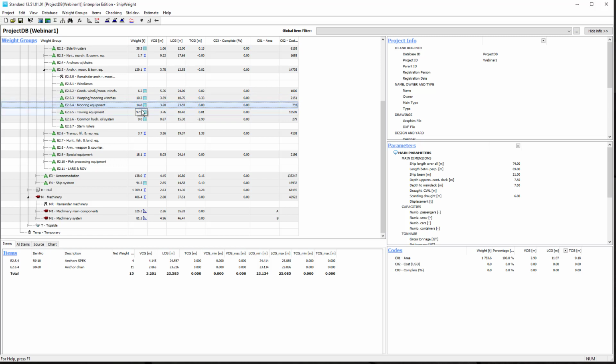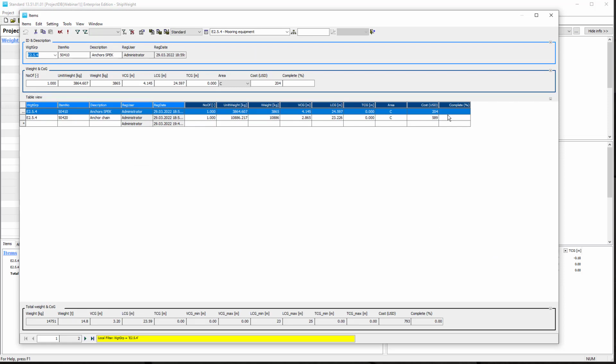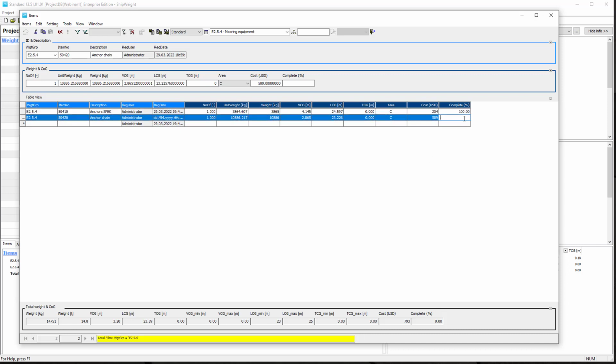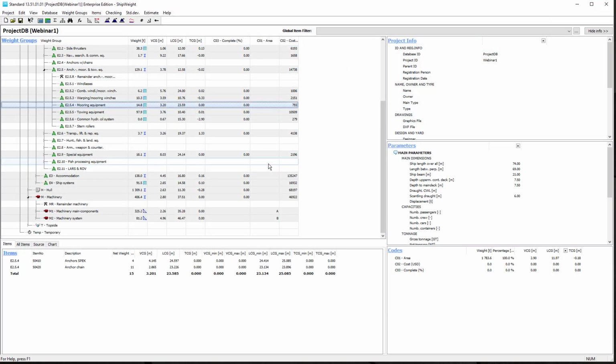So if I go to this mooring equipment and open up the item window, and I say that this item is 100% complete, and this item here is 0% complete, and then I close this window, by default it's going to summarize and show us that okay, completeness for E25 is 100%, but this is of course